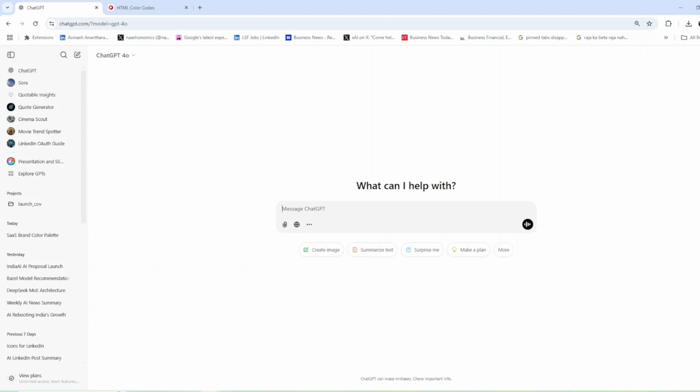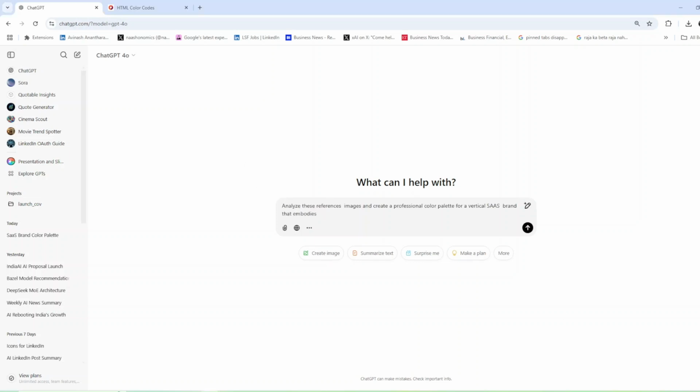Hey there, creative minds. Ever wondered how top brands nail their visual identity every single time? Today, I'm pulling back the curtain on something that's going to change your branding game forever. I'll show you how to create professional brand mood boards and perfect color palettes using ChatGPT, and trust me, the